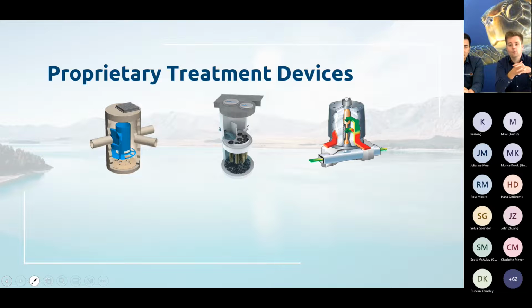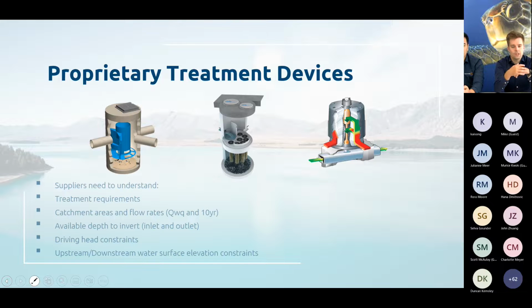But is really useful for particularly tight sites. And the StormFilter is one of the most ubiquitous treatment devices in New Zealand. Sizes for the StormFilter go from 1 cartridge up to 580 cartridges, and it's been used throughout the country